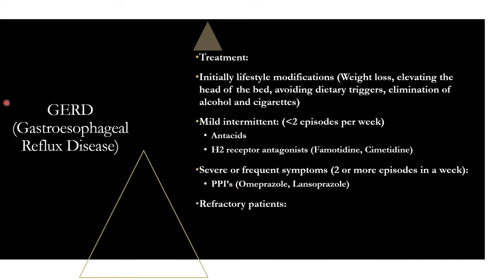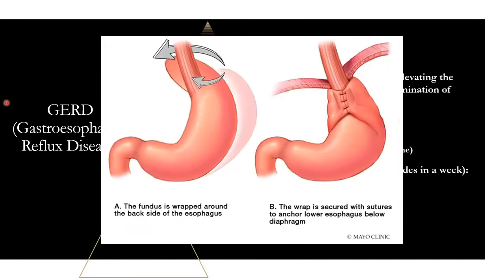Now, if a patient is refractory, they've tried all these meds, they're not getting any better, there's one other option you have, which is obviously a lot more invasive, and it's a surgery known as a Nissen fundoplication. What this is, they take the fundus, which is the top of the stomach, and they wrap it around the lower esophageal sphincter. They wrap it tightly, they suture it closed, and this actually tightens the lower esophageal sphincter,